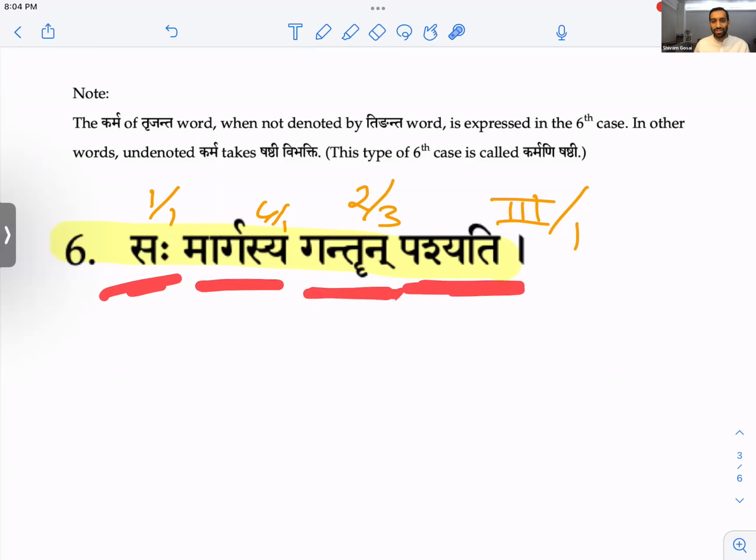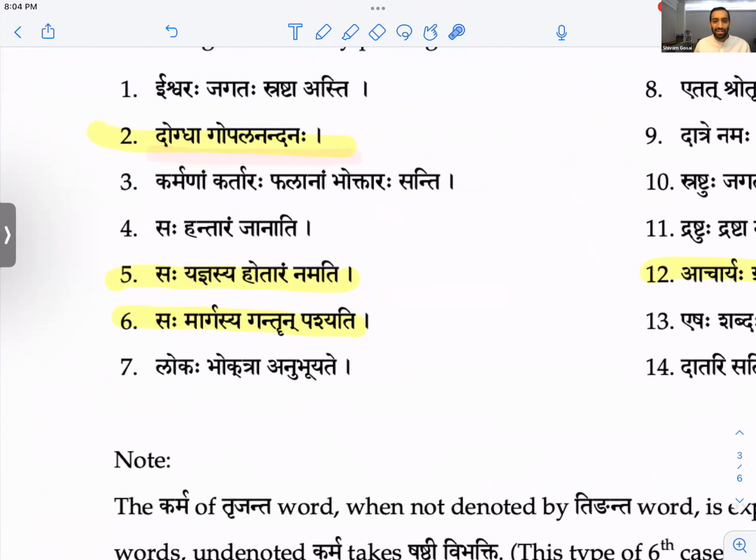Have you ever seen this word? Dogda Gopala Nandanaha. This is from our Dhyana Shloka for Gita class. Dogda is a funny word. Dogda comes from duh dhatu, 2p, to milk.